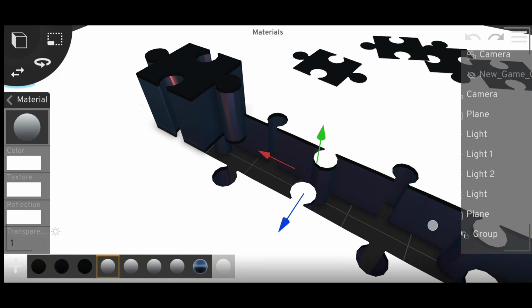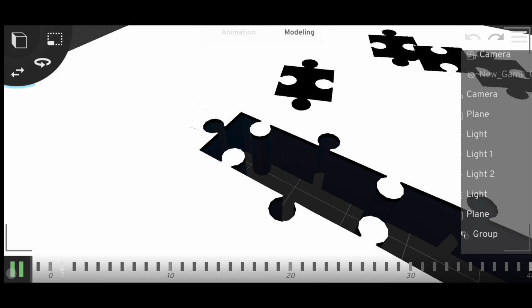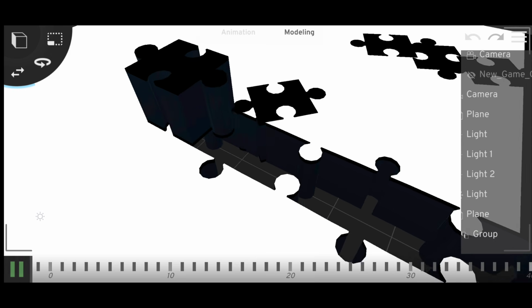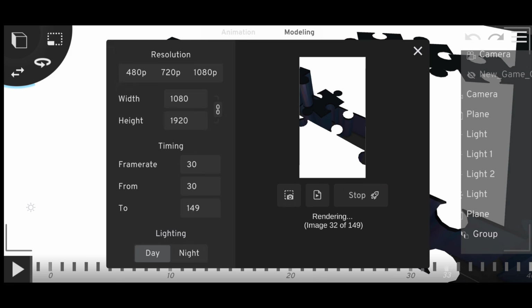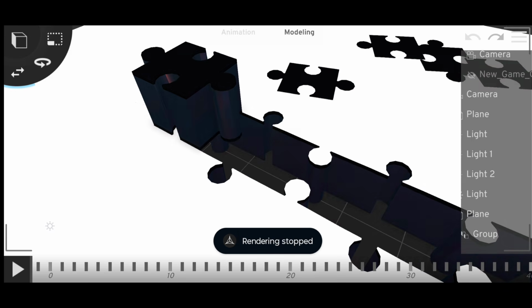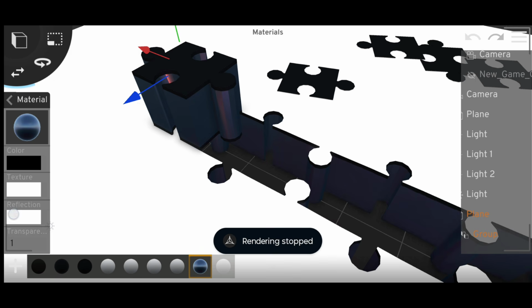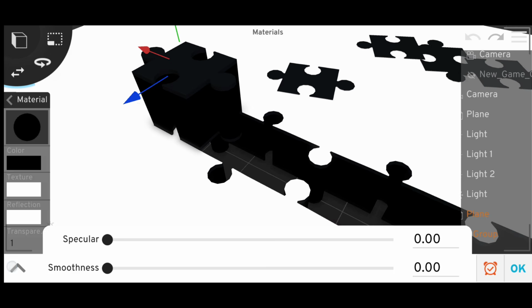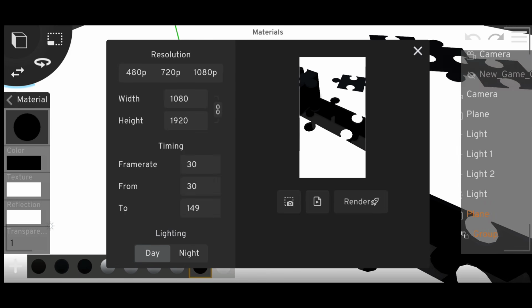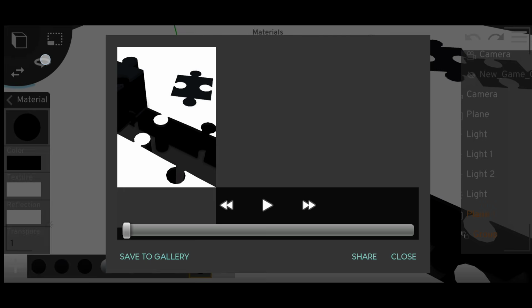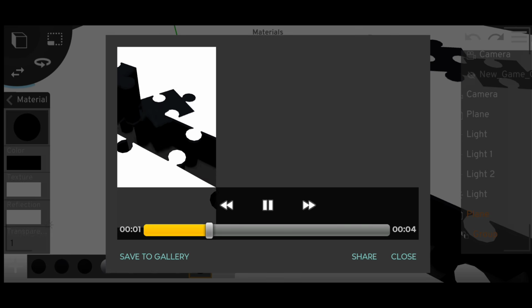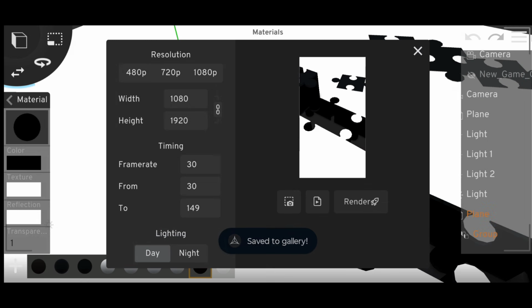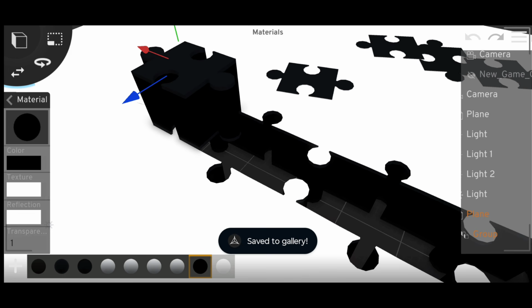Except this area. Okay, so a perfect mask is ready. Now go in render and render. Wait a minute, this part's reflection will be 0. Then render. Okay, so the render is done, and here's how it looks, and save to gallery, and our work is